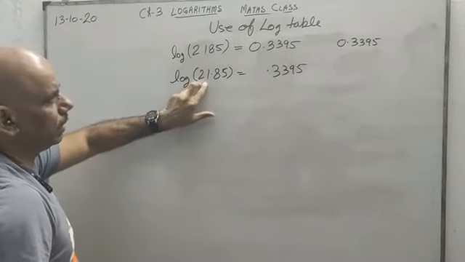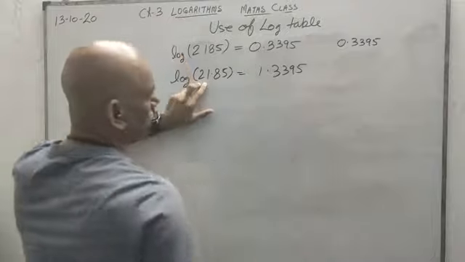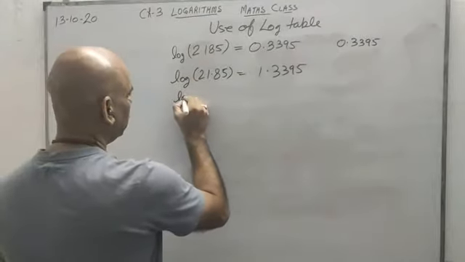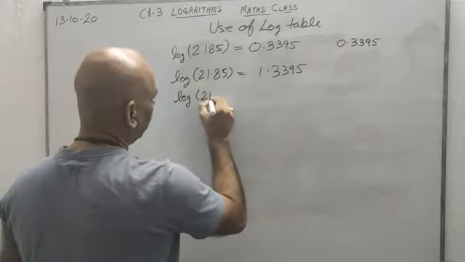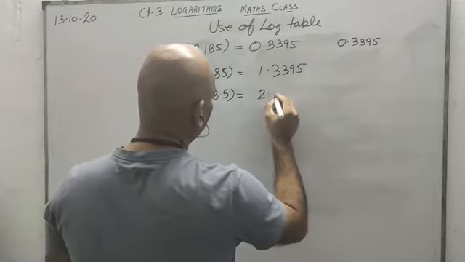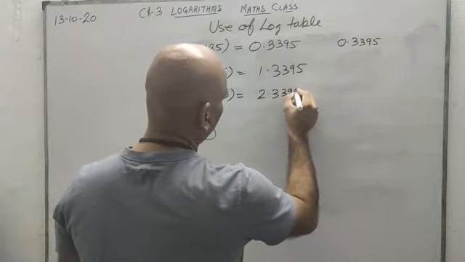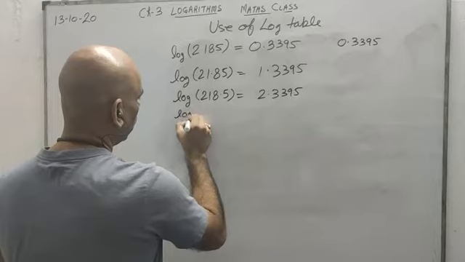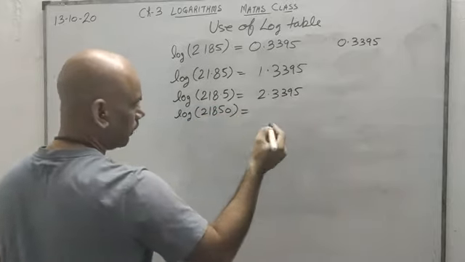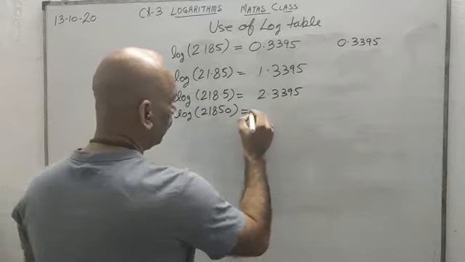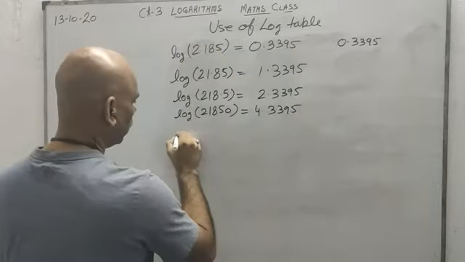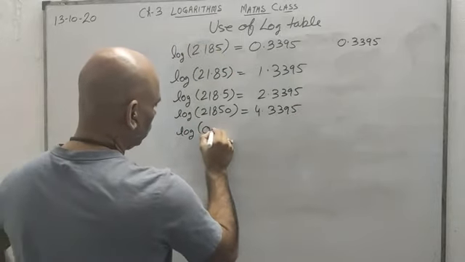So since the digits are 2, 2 minus 1 is 1. So the characteristic will be 1 and Mantissa will remain same. So Mantissa of the digits is always same. Characteristic will keep changing, and in that it will be 1.3395. Similarly 21850 will also have the same value, 1, 2, 3, 4, 5, so characteristic will be 4.3395, and even log